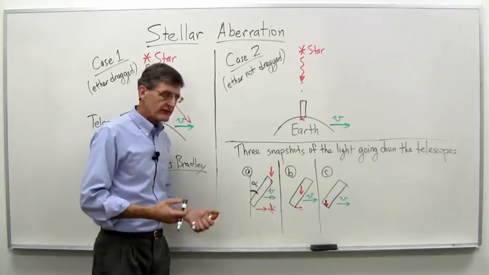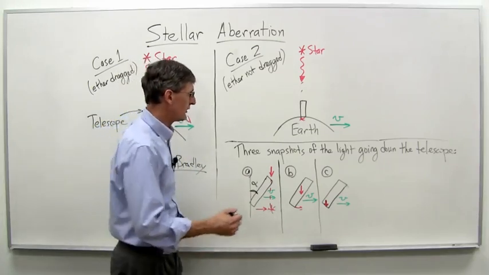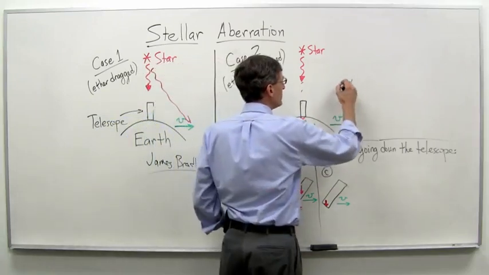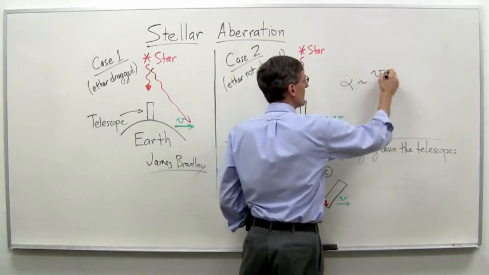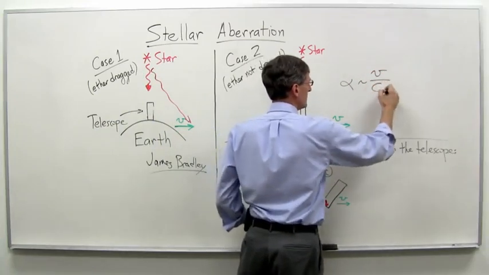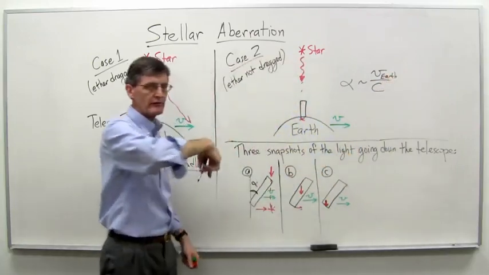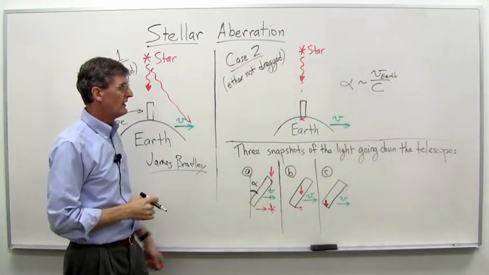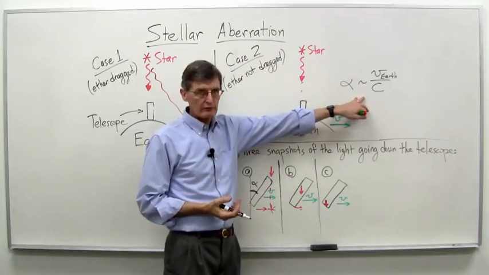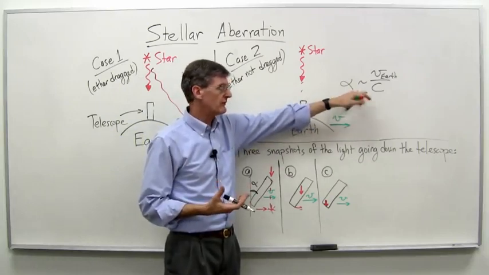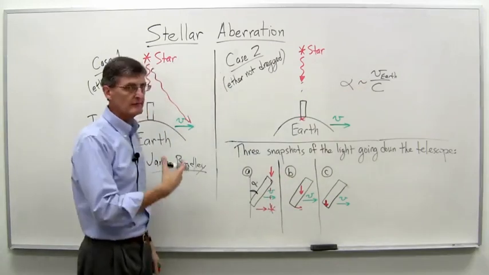You can do an analysis. It's not that difficult. We won't do it. We'll just state the result. Turns out that alpha more or less goes like the velocity of Earth, so we'll say v Earth here, around the sun, so again about 30,000 meters per second, divided by the speed of light, which is 300 million meters per second. I think that's a difference of about 10,000 times there, or something like that, if I did that correctly. But a small number.